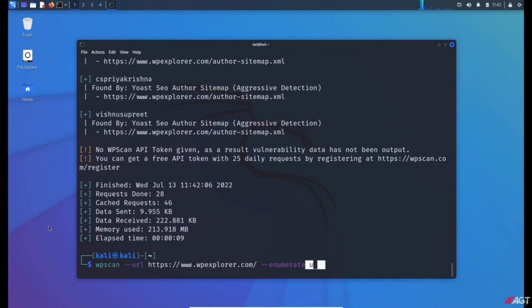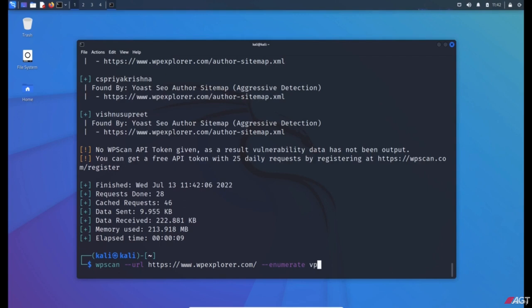T to find the themes, P to find the plugins, and U to find the usernames on the WordPress. Now there's also the vulnerability flag, the V flag, that scans the website for vulnerabilities. For example, you can search for vulnerable plugins that are installed or vulnerable themes